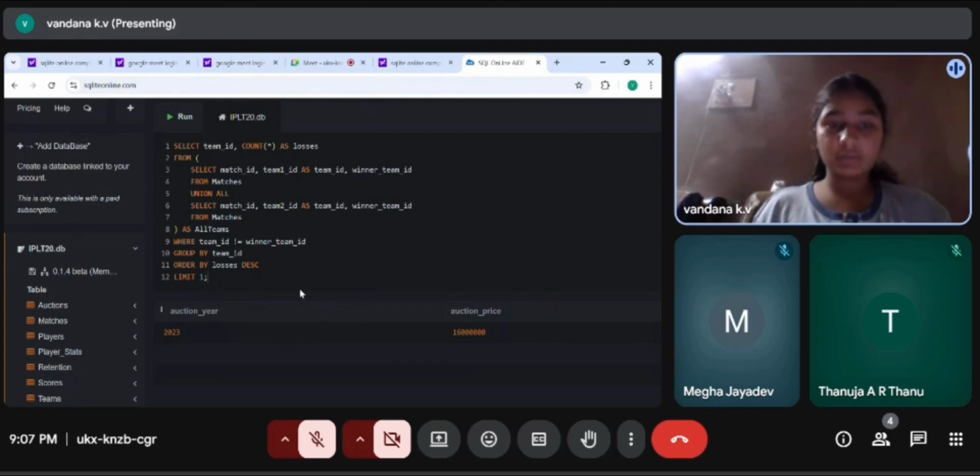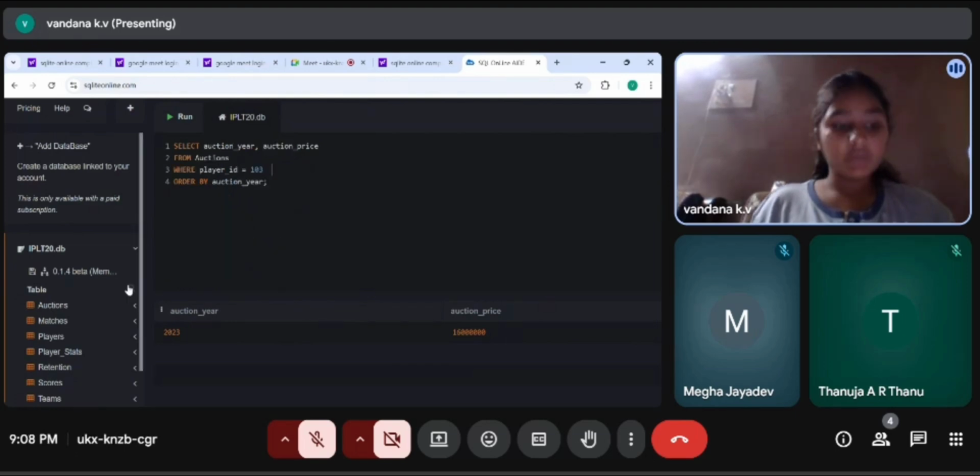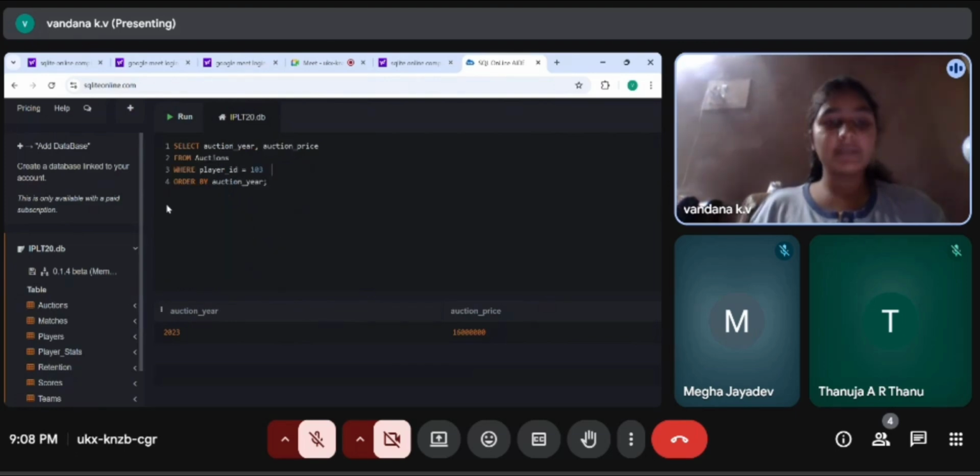The 19th question. Which team has lost the most matches in IPL history, and the query was select auction year, auction price from auctions ordered by auction year, and the output is